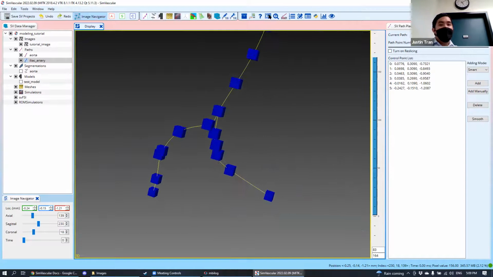And so this path on the left right here, this was the original path that we drew, so that's the one that we did the segmentations for. This other path right here is the new one that I just drew for the bifurcating vessel, okay? But I actually started it